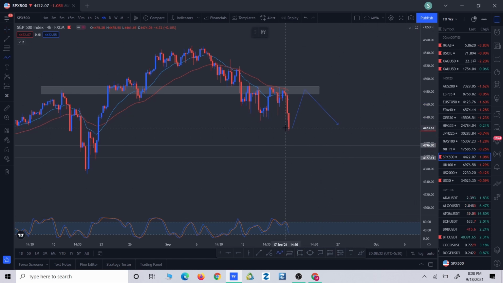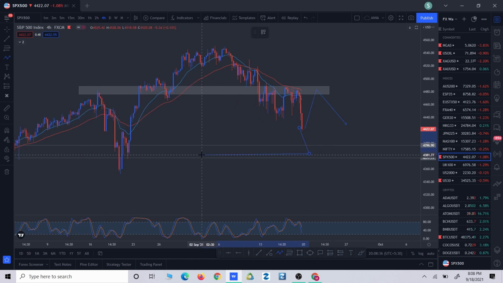The second one is if the price keeps falling and hits this support zone, which we know is also a support zone on the daily. So if the price hits this zone, then we are expecting some kind of bounce, at least on the daily. Once the price hits this zone, we can go to a lower time frame, and if we find some kind of bounce on the H1 and minute 15,